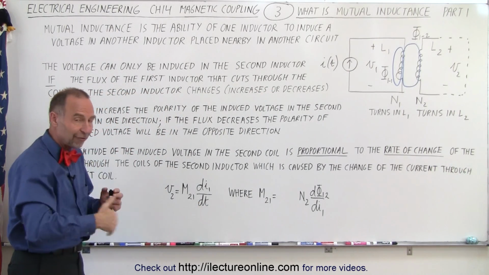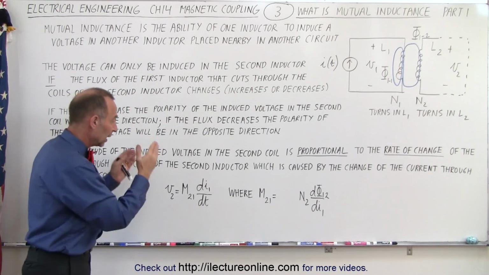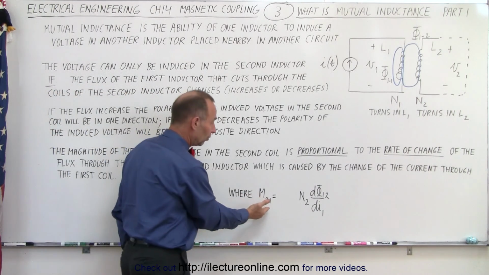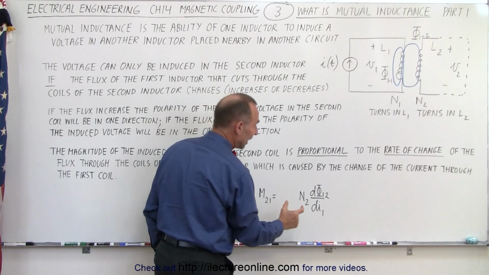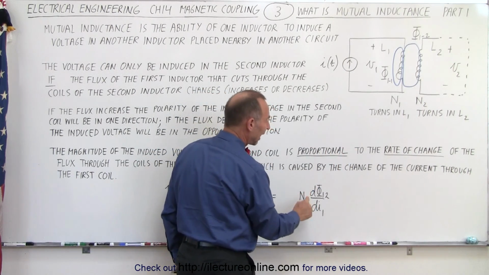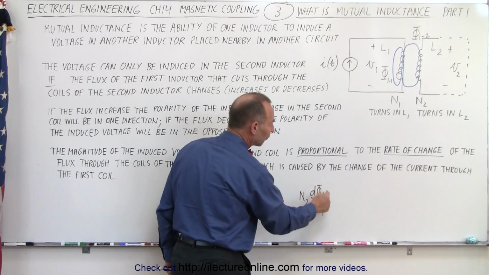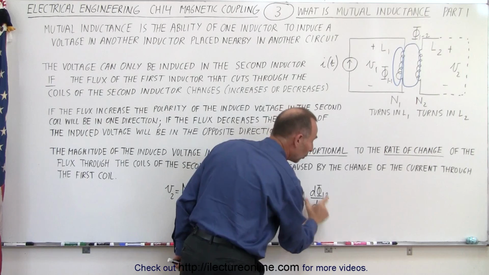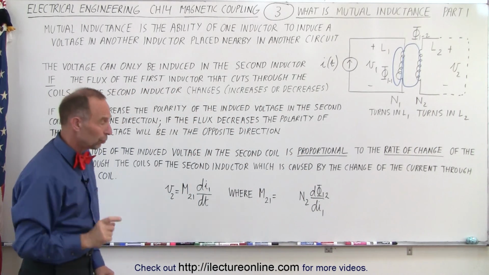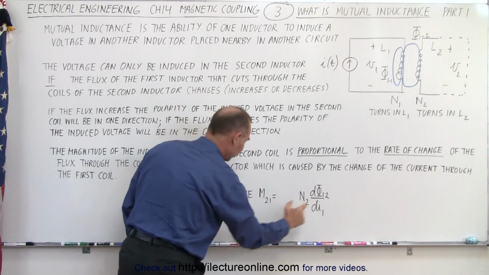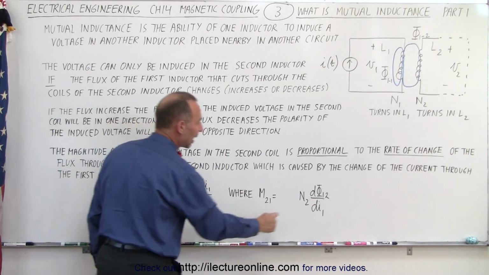So we take how fast the current is changing in the first circuit and multiply that times the mutual inductance. And the mutual inductance M21 is defined as the number of turns in the second coil times the rate of change of the flux in the second coil caused by the first coil with respect to the changing current. So now notice that if I replace M21 with this, then we have di/dt times dФ/di,